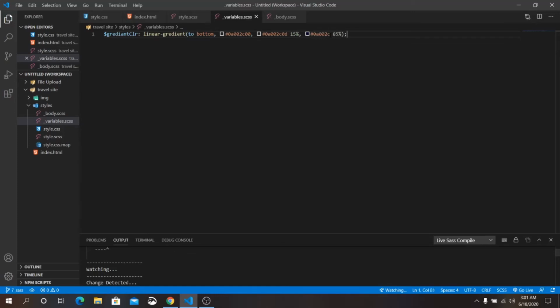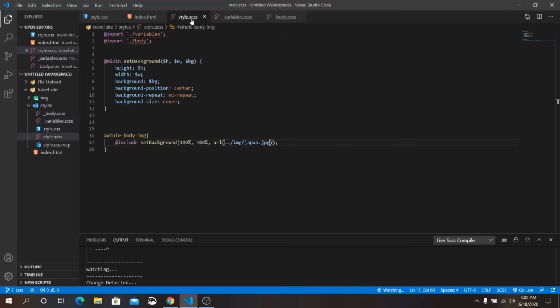If you don't know how to use linear-gradient color, you can search on W3Schools. That is a very good website to learn CSS and HTML. We can use this gradient color inside our style because we have included this variables file. Okay,